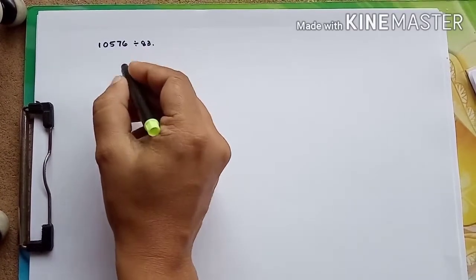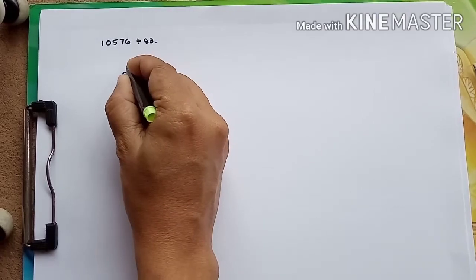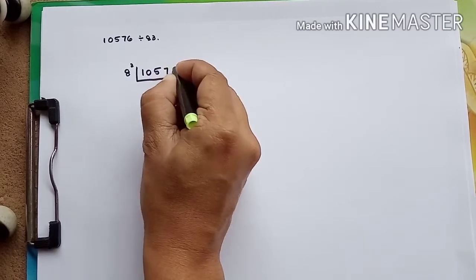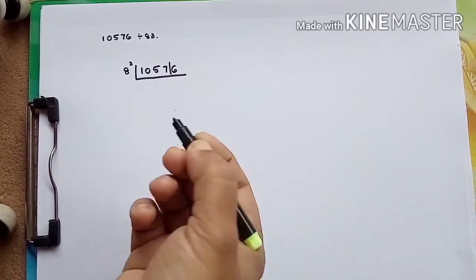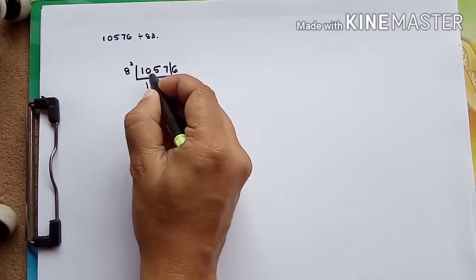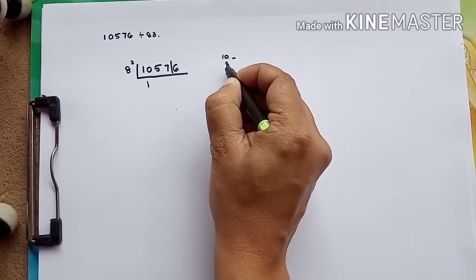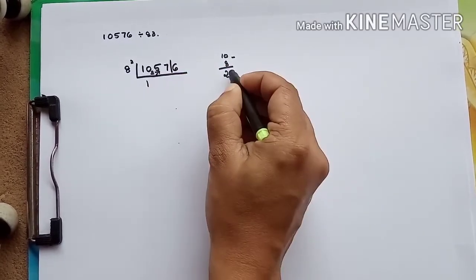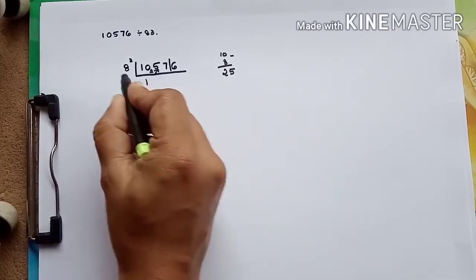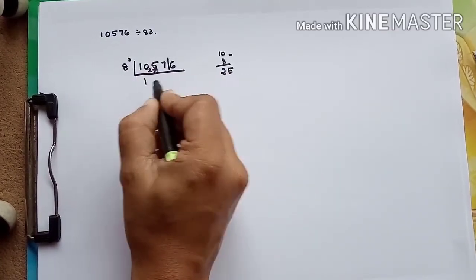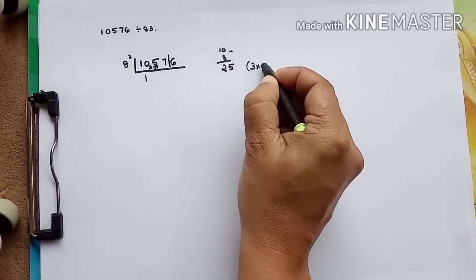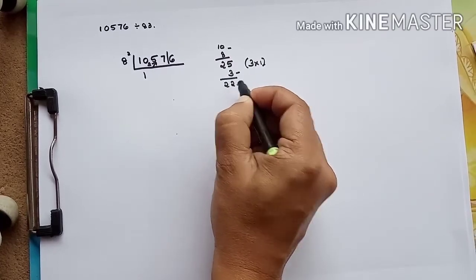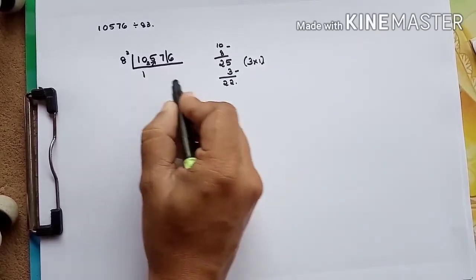Now let us go to the second one, 10576 divided by 83. This is the bigger one, but now you have understood the concept, so it is easy for you now, right? Before 6 we put a slash. 83, 8 over 3. 8 1s are 8, correct? So remainder is 2. 2 is the carry on over there. 25 you got. For 25, first you have to do step 2, that is 3 into the quotient 1. How much do you get? 3. This is step 2. So 22 you got. Now divide 22 by 8.